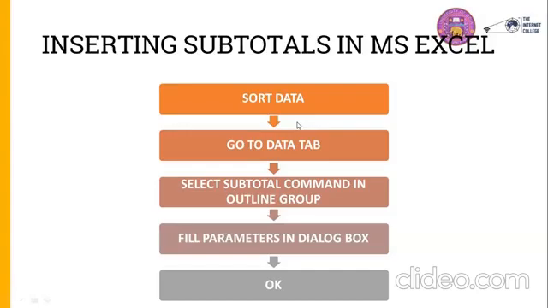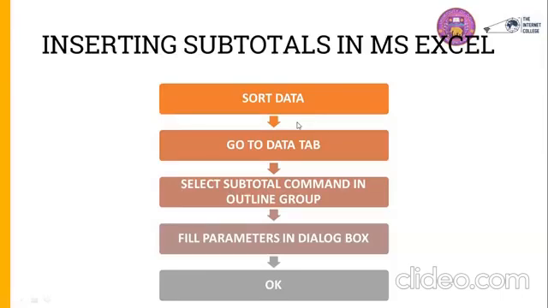For example, we'll come to the data set that I have. This consists of my data set that I will be using. This consists of data for 4 colleges, students in the college belonging to different courses. Their marks are given and I want to calculate the subtotal for each college. And next I will be adding a level and calculating the subtotals for each college for each course also.